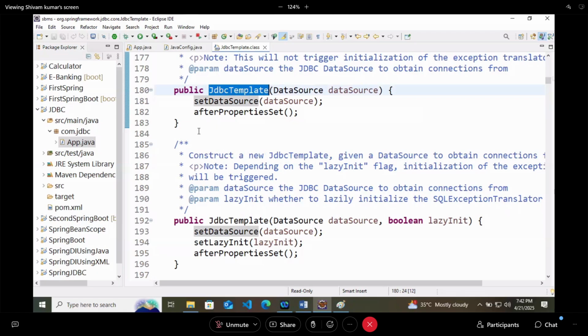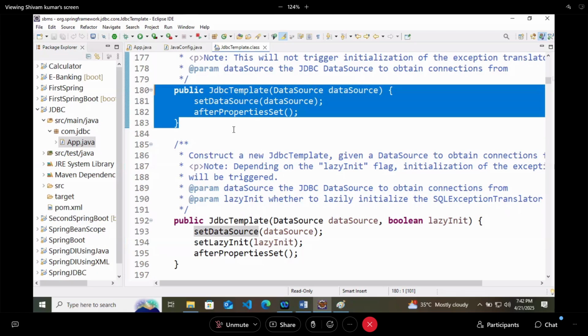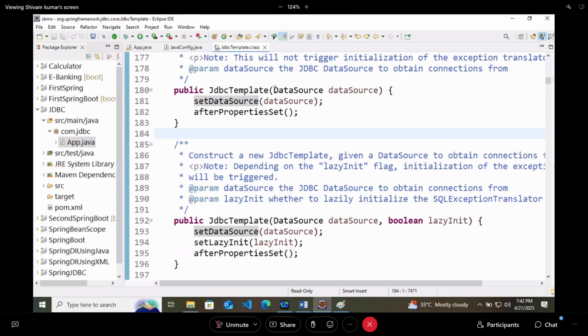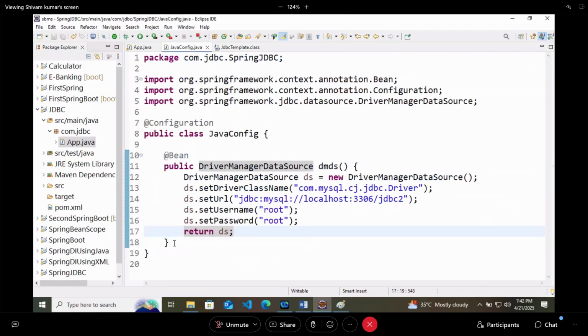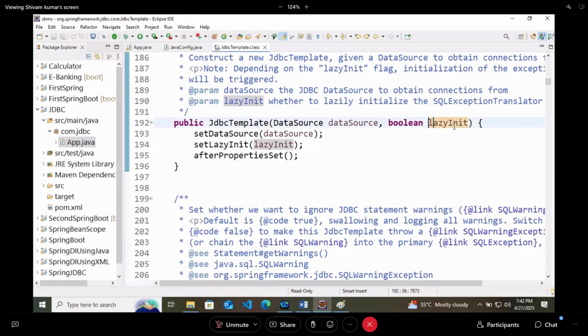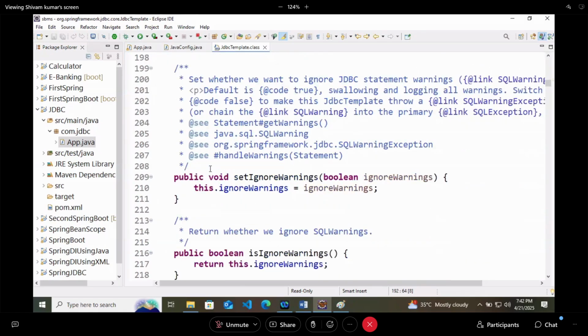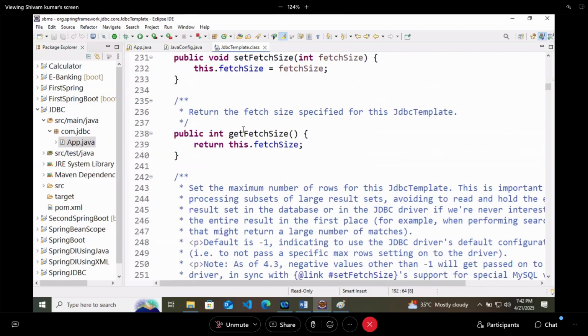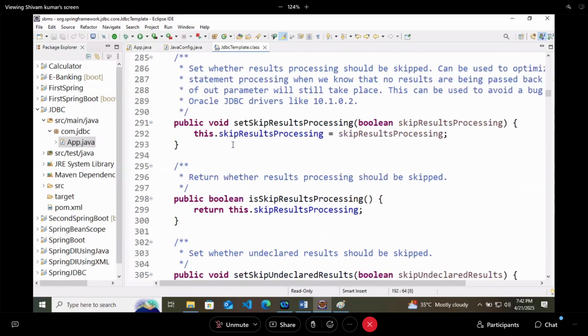So this is the constructor, which accepts one data source as an argument, with a method setDataSource. It means whatever data source I have defined here will be used by JDBC template. We will see how. And you can provide lazyInit to apply lazy loading and other things. So these are the methods of this particular class.